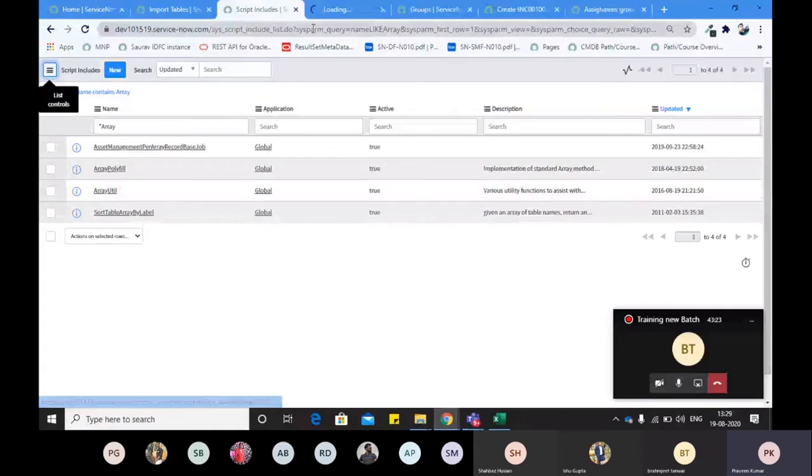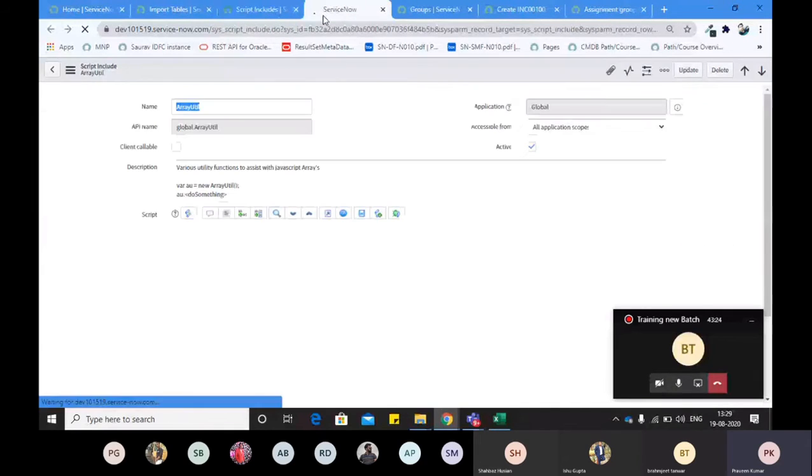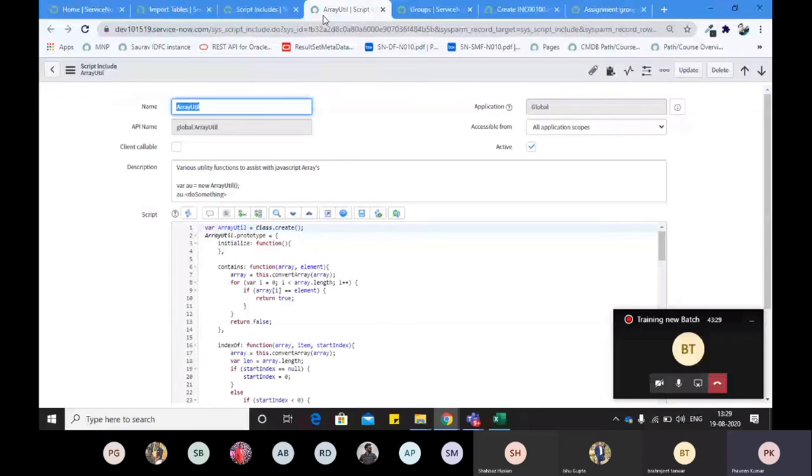So what is a script include in ServiceNow? A script include is a common place where you will put your code, and the code is utilized at many places. For example, 3 business rules, 5 business rules you are writing, and all those business rules have some common code. What you will do, you will write that common code again and again, right? So this is not a good practice. So what you will do is pick that common code and put it here in a script include, and this script include you will directly call from any place, right? So this is the idea behind the script include.